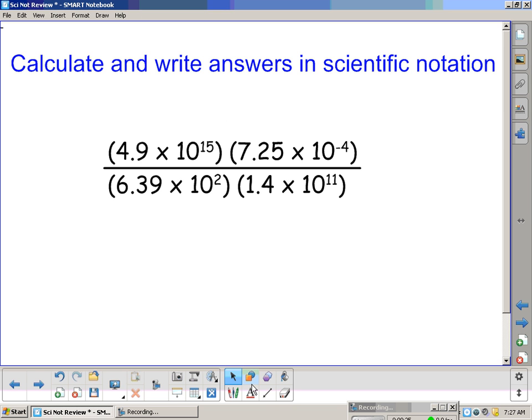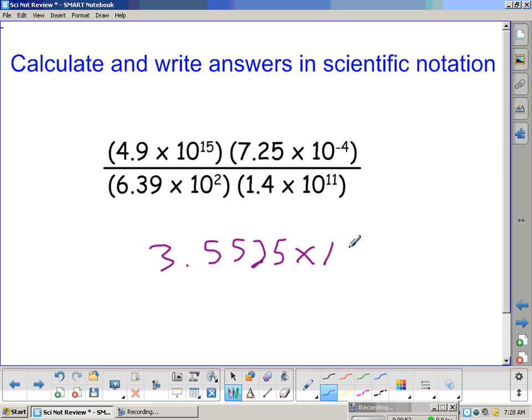And real quickly, that ends up being 3.5525, a little messy, hard to write with a mouse, times 10 to the 12 on the top,